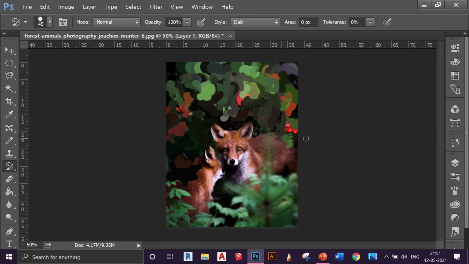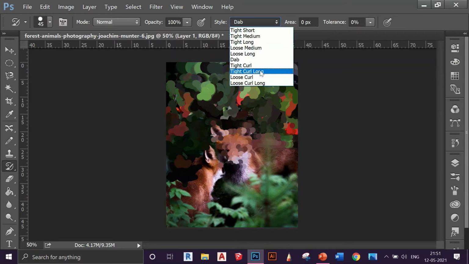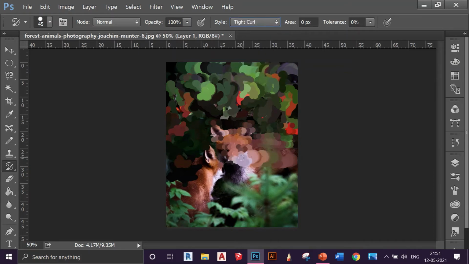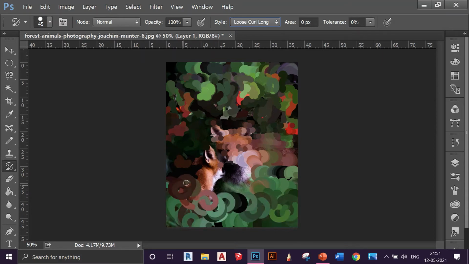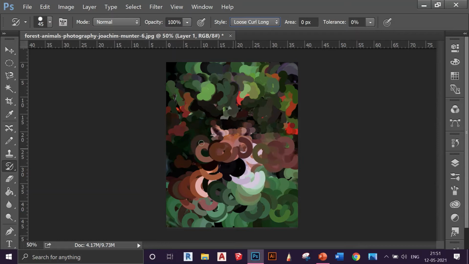This is one of the ones that I really like because it's more detailed. And then I have Tight Curls, which gives curly strokes, as the name suggests. And then we have Long Curls, which are bigger in size and give longer brush strokes. So right now this looks really clumsy, and I don't want the painting to be like this because it's not detailed.